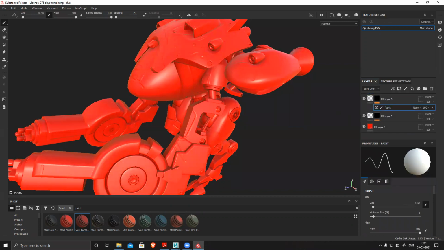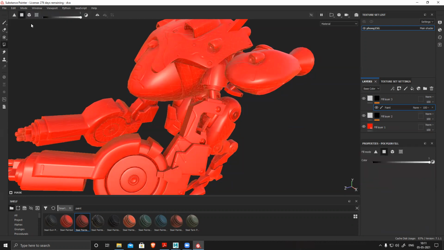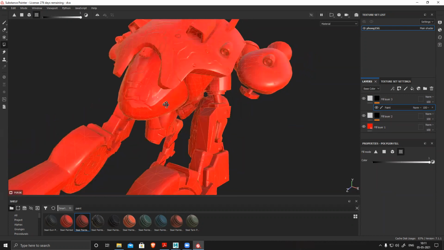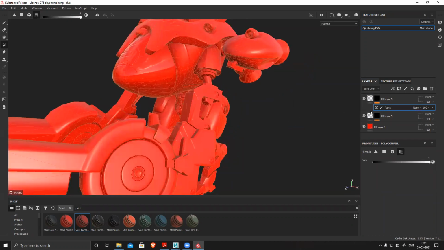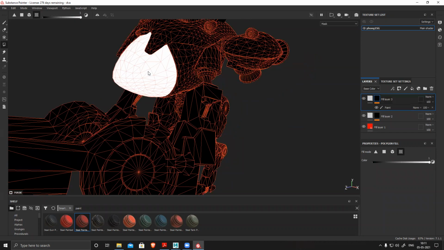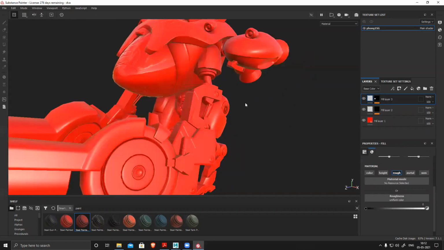paint layer, and either I can paint it manually or I can polygon fill it. Right, left side, this option is polygon fill, and this is mesh. This is triangle, polygon, mesh, UV. So I can select UV or anything and click on this. So you can see only this section is shiny. And alt click on this mask, you can see only this section is white. So this part is visible only where it is white.